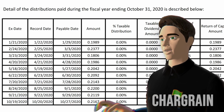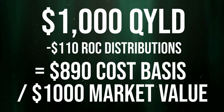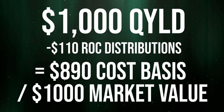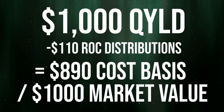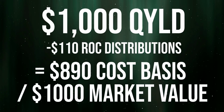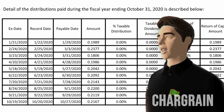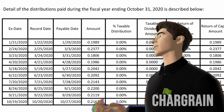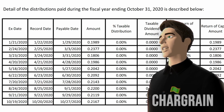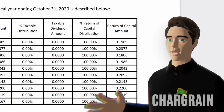By the end of the year, you have $1,000 invested and you get $110 in return of capital distributions from QYLD. By the end of the year, the value, as far as tax treatment goes, of your position in QYLD on paper is actually now only worth $890 because you got $110 of your own investment money back. Now, how do I know this? So here's QYLD's Form 8937, provided to investors to help understand their tax responsibilities. You can see here, for the entire year of 2020,